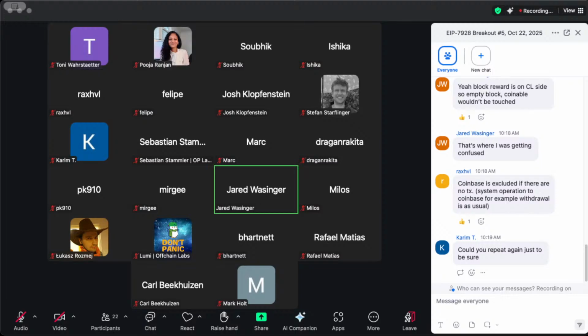Yeah, so basically the update on the Geth side is that we have been incrementally merging various parts of the access list changes into the code base. There's still quite a ways to go on that front, but we're working on it.